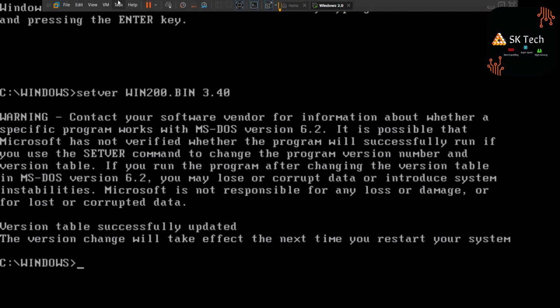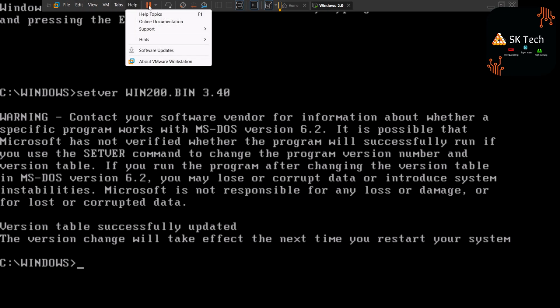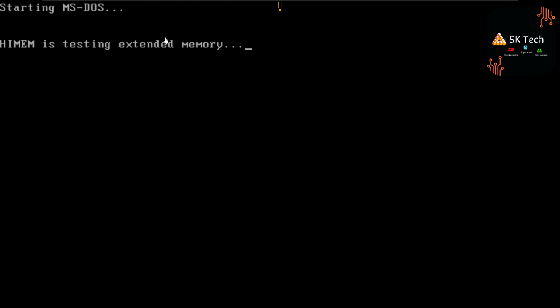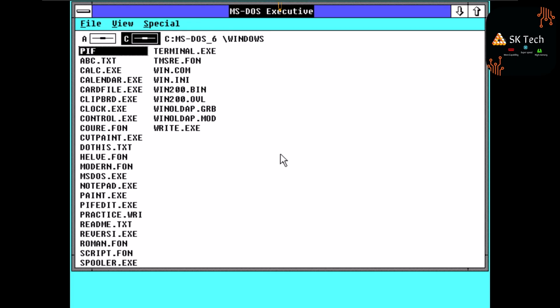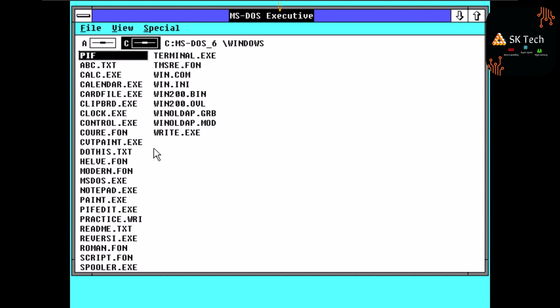So what you have to do is hover over the top, click on VM, or not VM, actually near the pause button there is a drop down arrow. Click on it and click on restart guest. So we are almost there, and what we have to do is type cd windows. Now type win.com. So as you can see, we have successfully installed Windows 2.0, and this is more bluish as compared